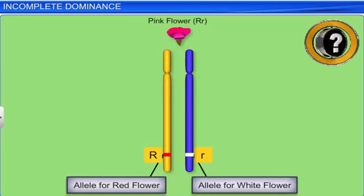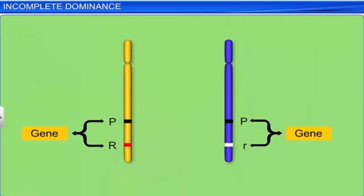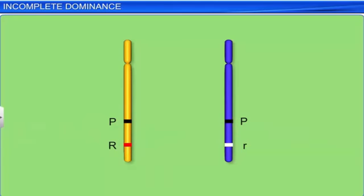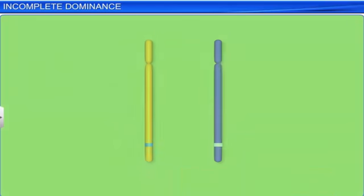But why is it that some alleles are dominant while others are recessive? Let's understand this by studying the functioning of a gene in greater detail. As you know, a gene is the unit of heredity that occupies a fixed position on a chromosome called the locus. A gene generally has two forms called alleles. In homozygotes, the alleles are the same, while in heterozygotes, they are not identical. An allele may be different due to certain changes it has undergone, which modify the information contained by that particular allele. For example,